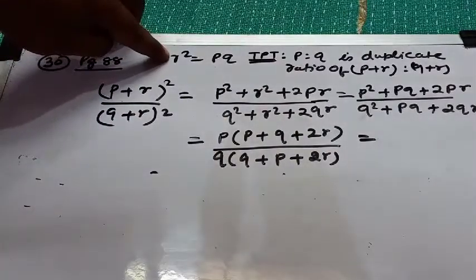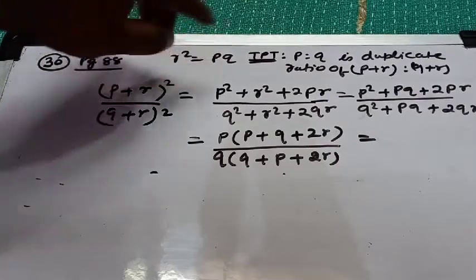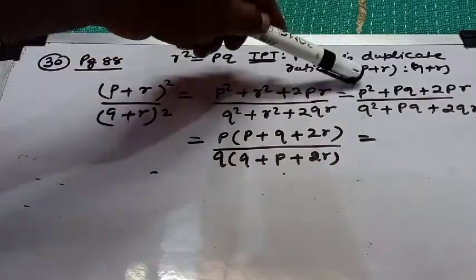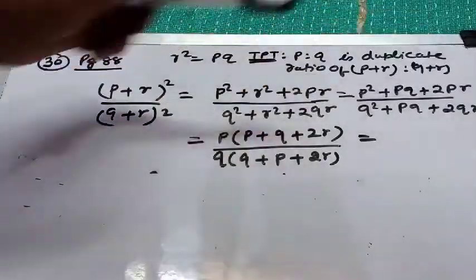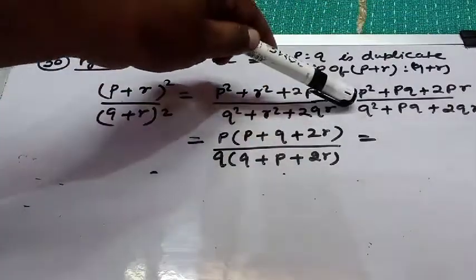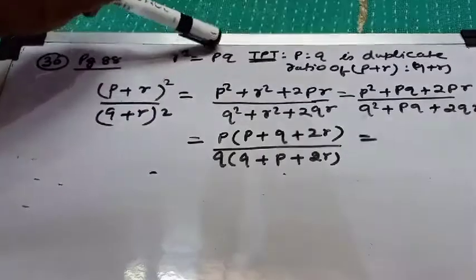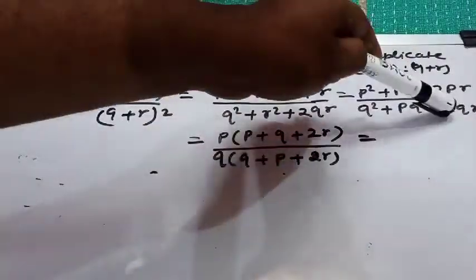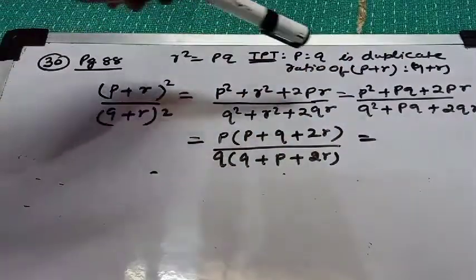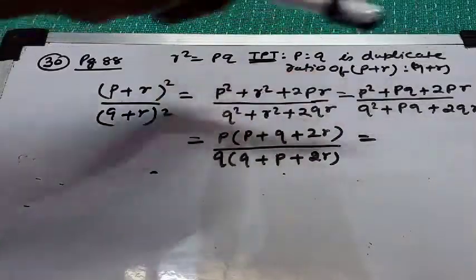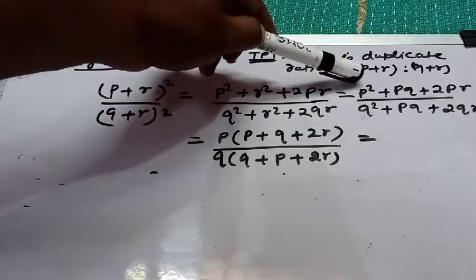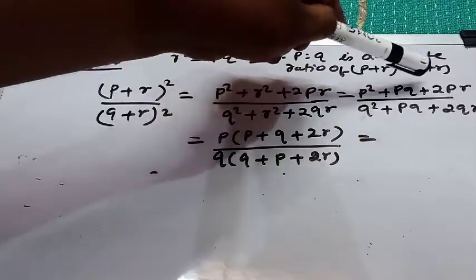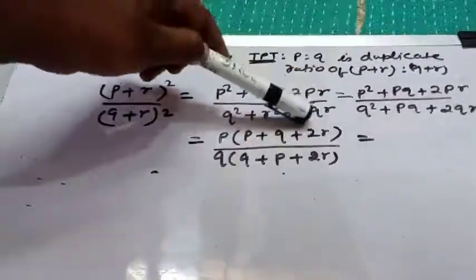Here what we'll do, for R square we'll put PQ. So for P square I have written P square, for R square I have written PQ, and 2PR is copied. Similarly Q square is copied as Q square, and for R square we'll put the value as PQ, and that plus 2QR. Now see, between this term, this term, this term, P is taken common. So from here P is taken common, so what is left here? P. From here P taken common, so Q. Here P is taken common, so it will be 2R.